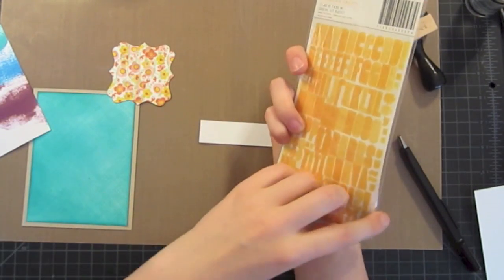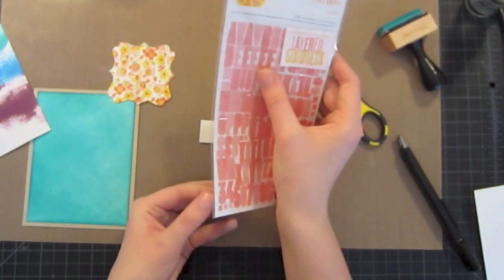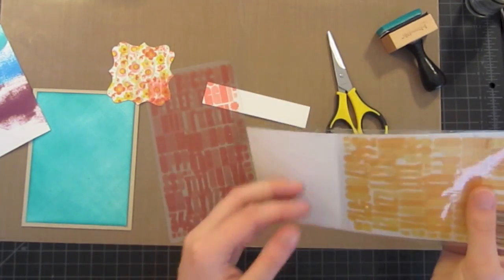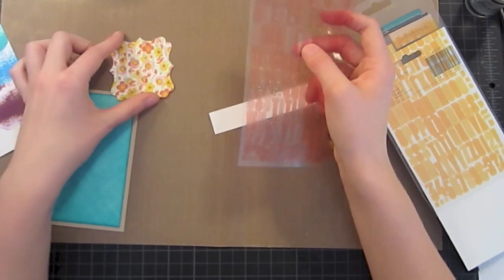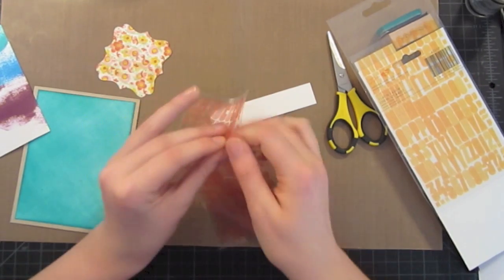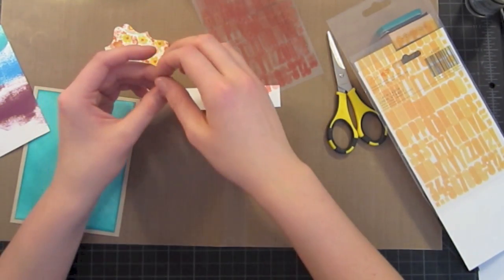And now that I have my little washi tape covered piece, I'm going to put out my title in these gorgeous stickers. They're from Amy Tangerine. They're called Remarks Baxter, and they're transparent. So this will have a lot of fun properties. I think I'm going to use the pink ones, but I might end up using the yellow ones as well. And I think I'm going to do Love You. That sounds like it'll be super cute. So I'm going to use both types of these,